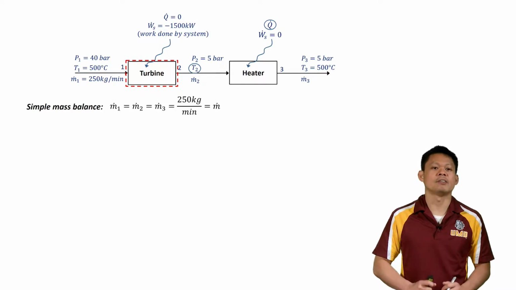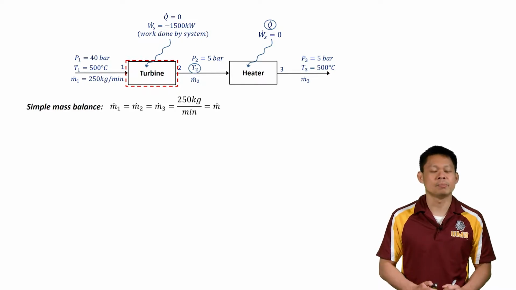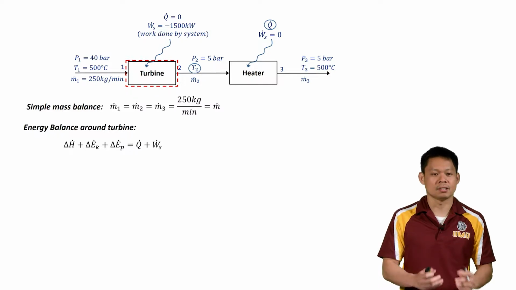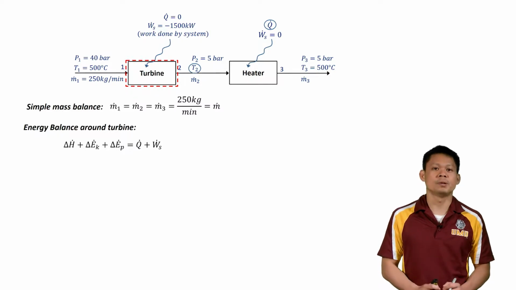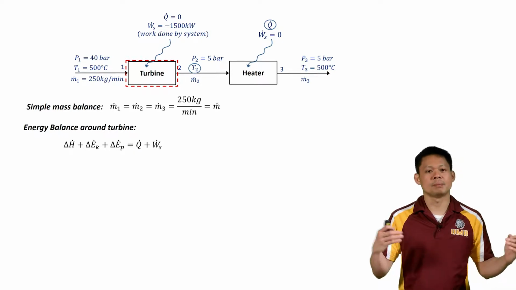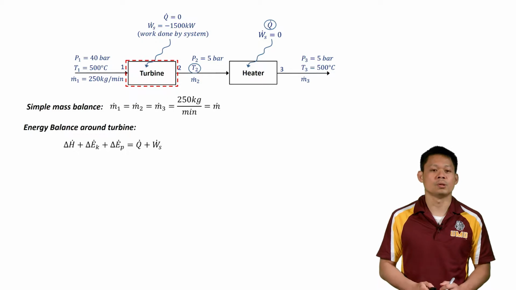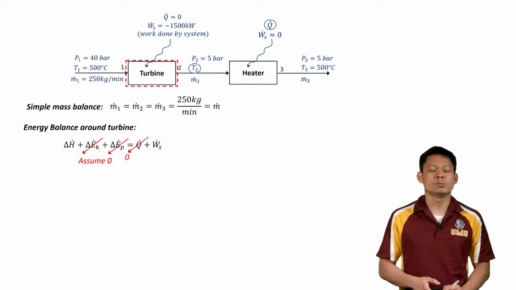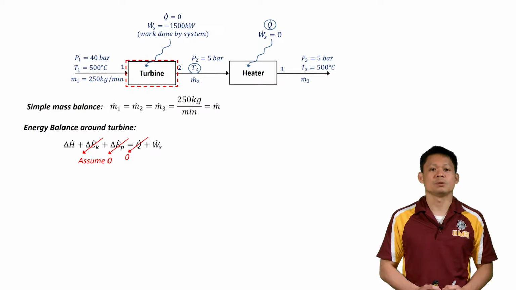All right, now that we have that out of the way, we can focus on our energy balance. We have our energy balance around the turbine. This is the open system energy balance. We know that Q is 0 because it's an adiabatic turbine. We're going to assume no kinetic energy changes, and we're going to assume that the pipes are at the same elevation, so no potential energy changes. So those 3 are going to be 0, which means we're going to have delta H equals the shaft